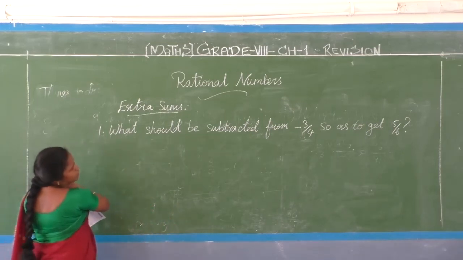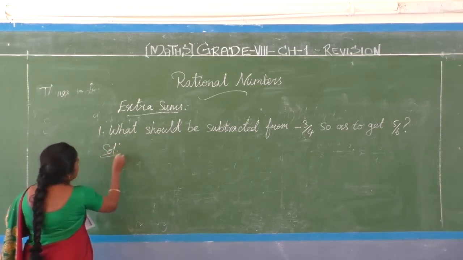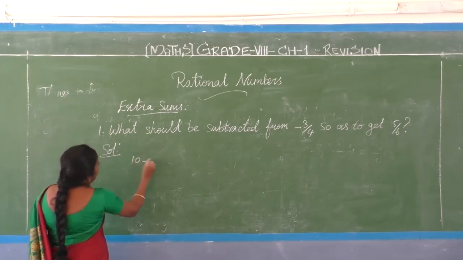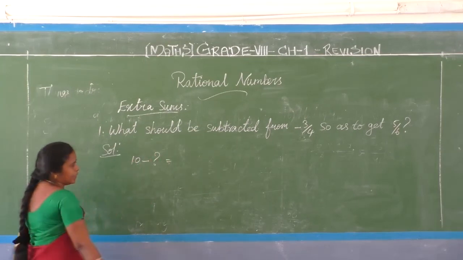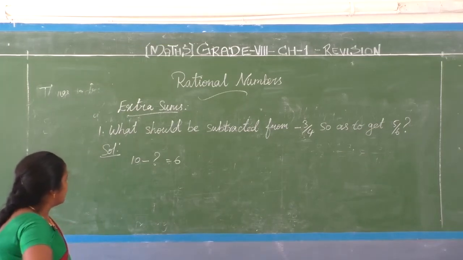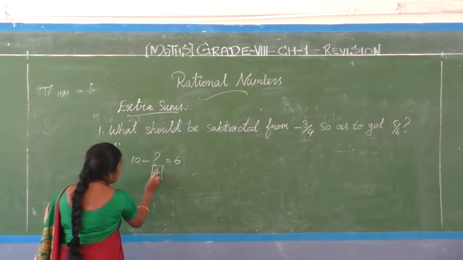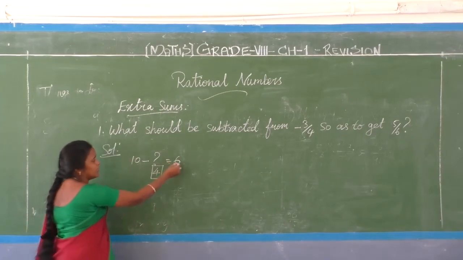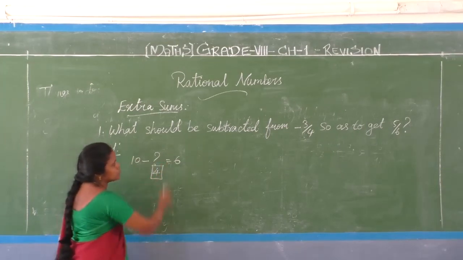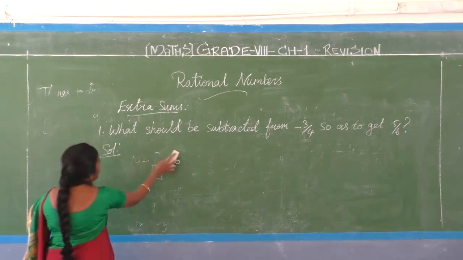See, can you understand? For a simple level I give it. For example, 10 is there. What should be subtracted from 10 so as to get 6? Clear? In simple number basis I have given. Can you guess it? Yeah, here it is 4 only. If you subtract 4 from 10, you will get the answer 6. This is simple level, we can find easily without calculation. But in this situation, what do you do? So we have to assume the unknown number as x. Clear?